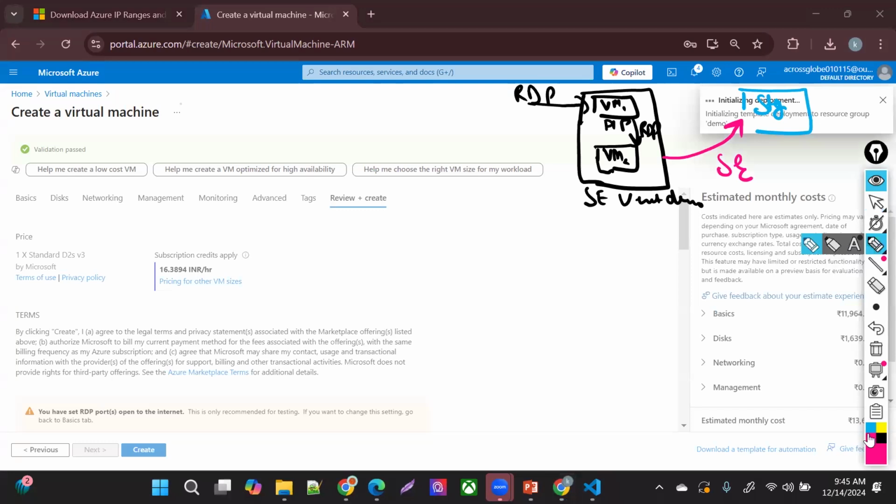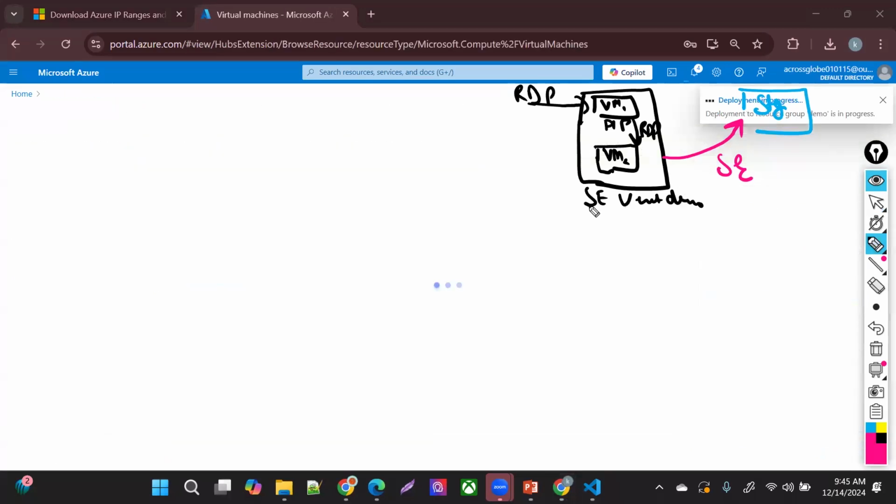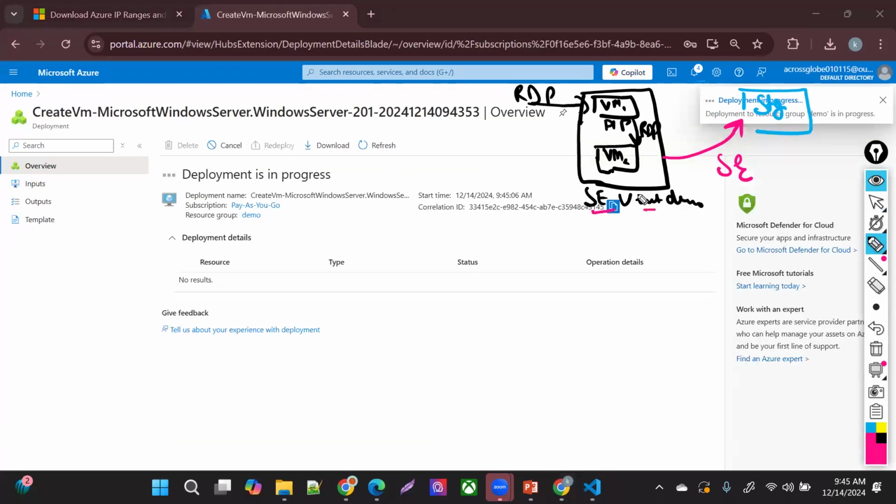So what we have done so far: created this VNet, VM1 creation is done, VM2 creation is also done. What is left? The storage account and then the service endpoint configuration. Let's create the storage account first.